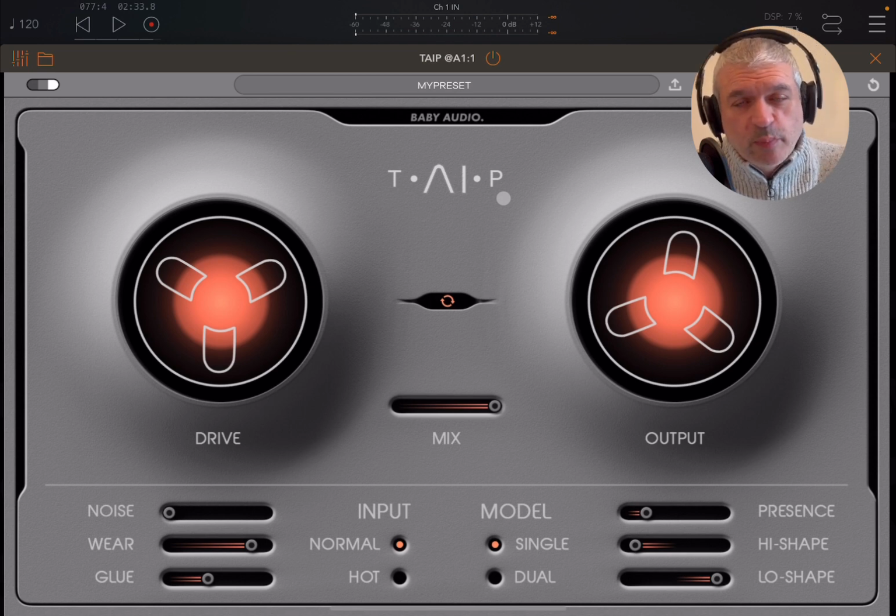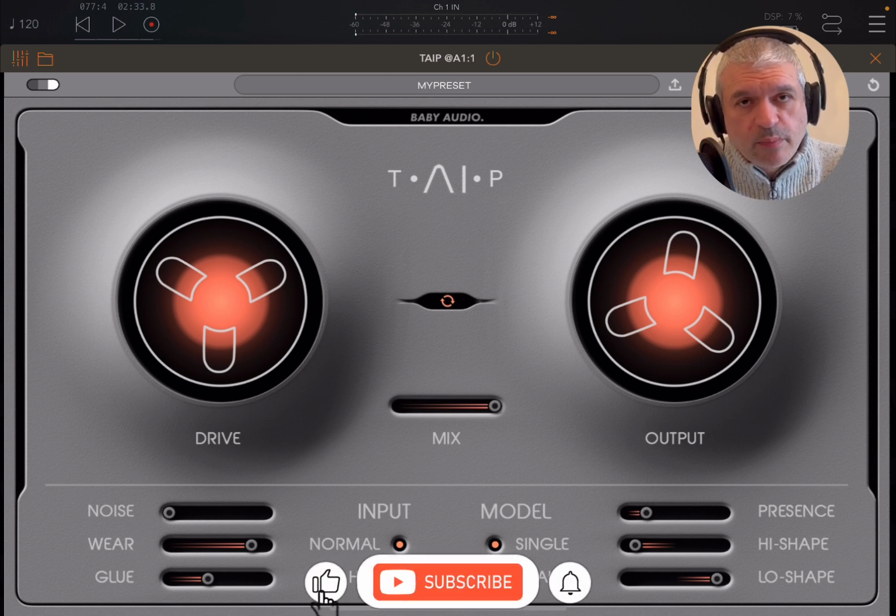Today I have the pleasure to introduce you to TAIP from Baby Audio, which is now available on iOS platform